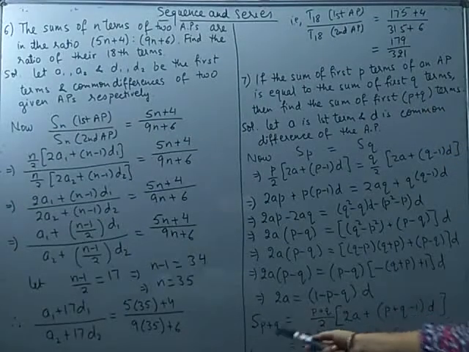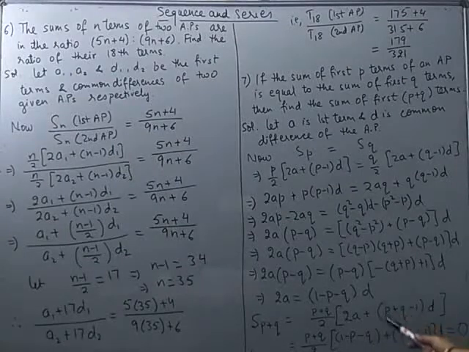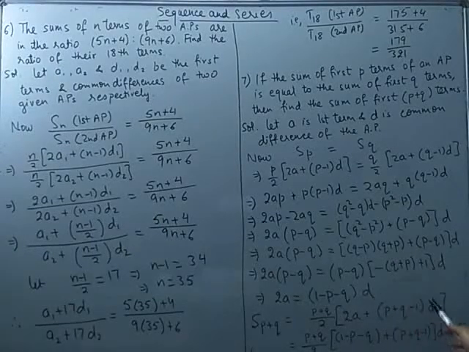Now the sum of P plus Q terms can be written as (P plus Q) by 2 multiplied with (twice of A plus (P plus Q minus 1) into D). Now put the value of 2A here. What is 2A? (1 minus P minus Q) times D. And this plus (P plus Q minus 1), here we have D also. See, here also I will get D. Here also we have D. So that D I have taken common. So you will find each term inside the bracket gets cancelled out and it reduces to 0. So the sum of P plus Q terms comes out to be